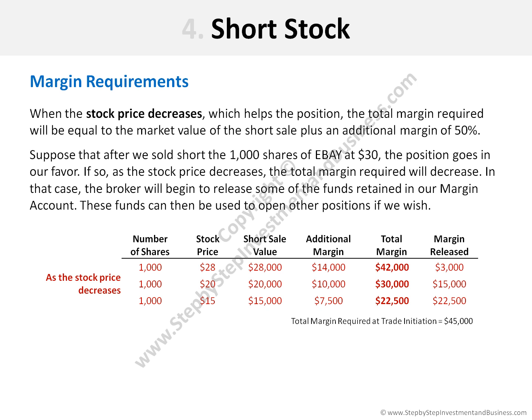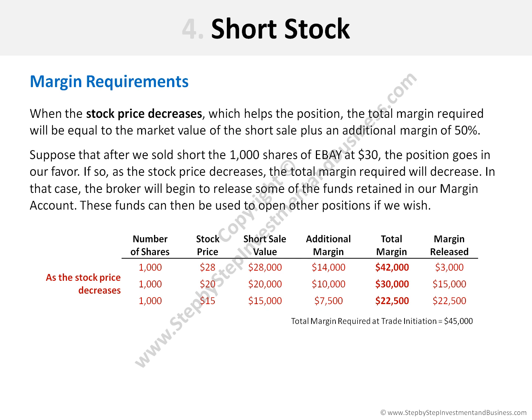Therefore, the total margin will be $42,000. As the total margin required at trade initiation had been $45,000, at that time we will be $3,000 above the required margin. So these funds will be released, and we will be able to use them to open other positions if we